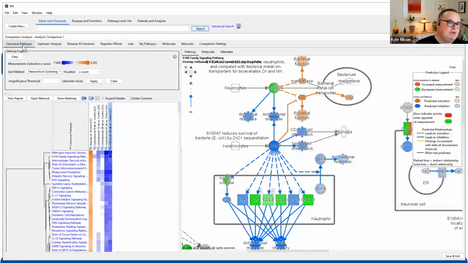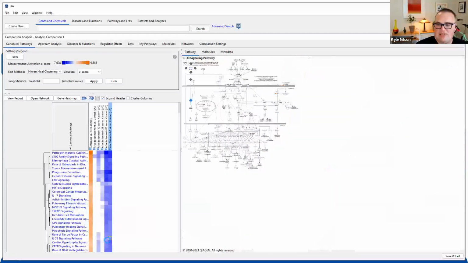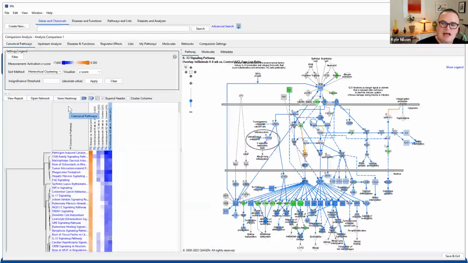So here I'm looking at various canonical pathways that happen to be significantly activated or inhibited based on predictions in IPA across these conditions. And let's say I scroll down a little bit and I notice I have IL-33 signaling pathway. If I happen to open up this pathway, I can load the gene heat map, which will show me all of the genes that were significantly up or down in your observation in at least one of these 6 conditions. And once I open this gene heat map,